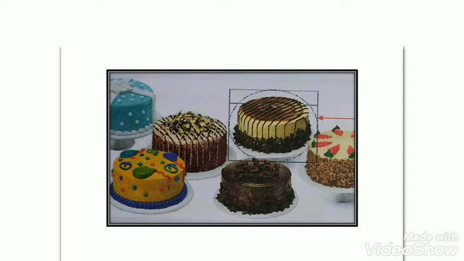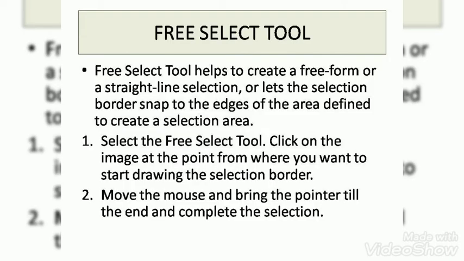The next one is the scissors select tool. This scissors select tool is also known as the intelligent tool. Let us see what it is doing. It will take the cursor to the edges, the corners, and you can take the border of that particular area and select it. You have to complete the selection from the point you have started. You have to cover all the edges, the total border, and come back to where you have started. Like this you can use the scissors select tool.